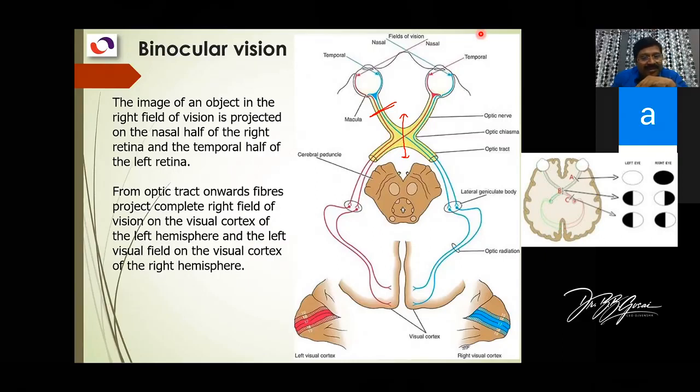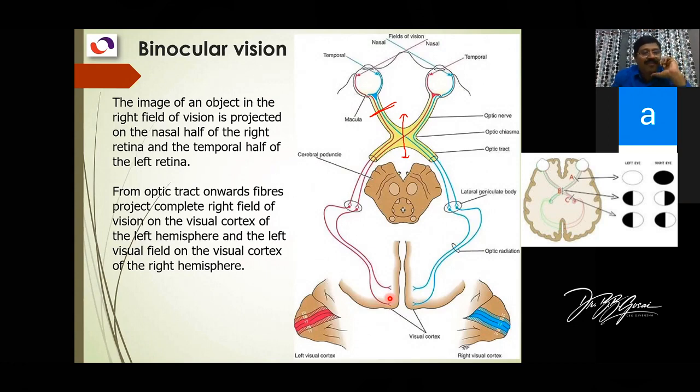The primary area is area number 17, and that is all physiology, right? You understand. So these people will teach you about this particular Brodmann's area number, and we call it visual area, auditory area, motor area, secondary sensory area, primary sensory area, like this. Okay, so this is the final destination of the optic pathway.